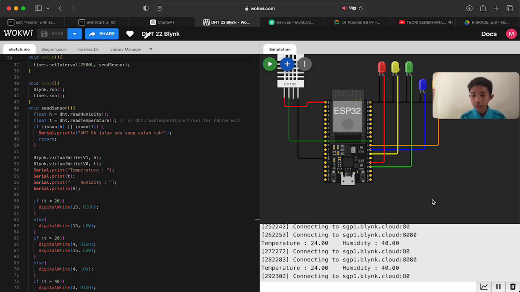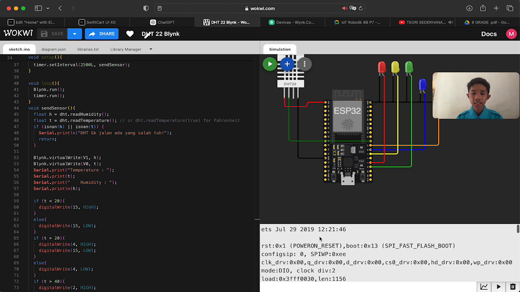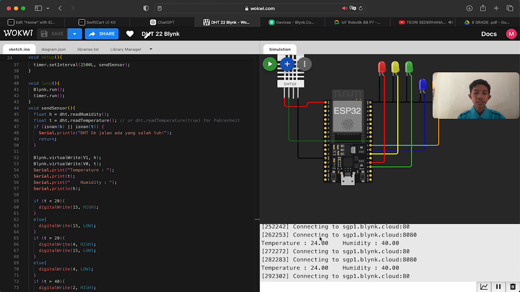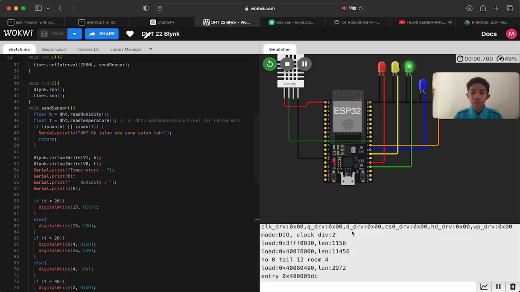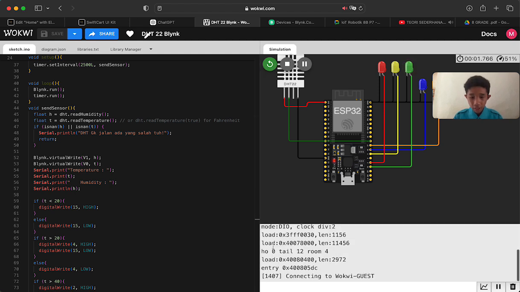Okay, you can see at the bottom of the preview there are so many previous codes. Yeah, I already tested before, and we will see again like this. So okay, there is loading, connecting to WebWeGOS, because the Wi-Fi is WebWeGOS.